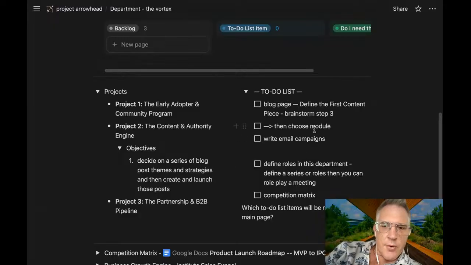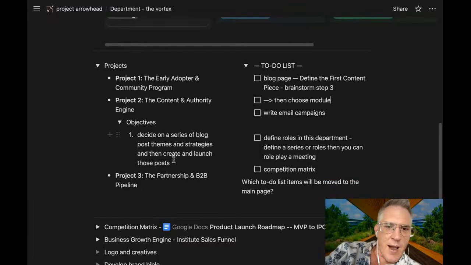And after we go through the choose module, then we're going to define the objective. Once we have a clear objective, we'll be able to go through the objectives module in order to update the to-do list. And we're going to create a specific to-do list for writing blog posts or to write a series of blog posts.